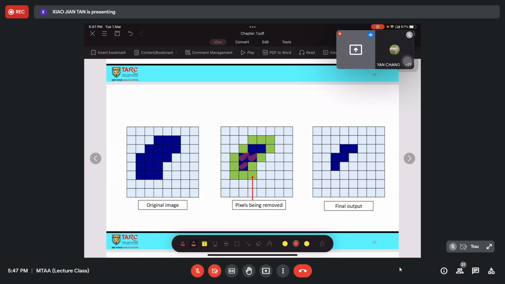So at the end, all this green color would be the image pixels being removed, and only this pixel is being retained after you apply the morphological operation using the shape of this one with an origin here.